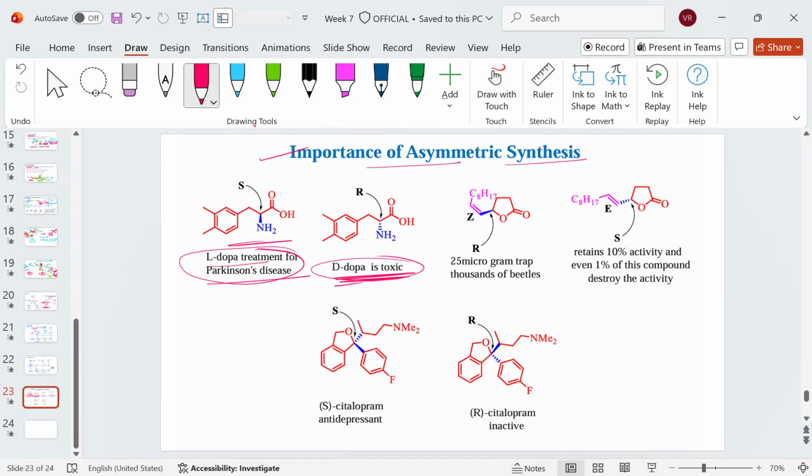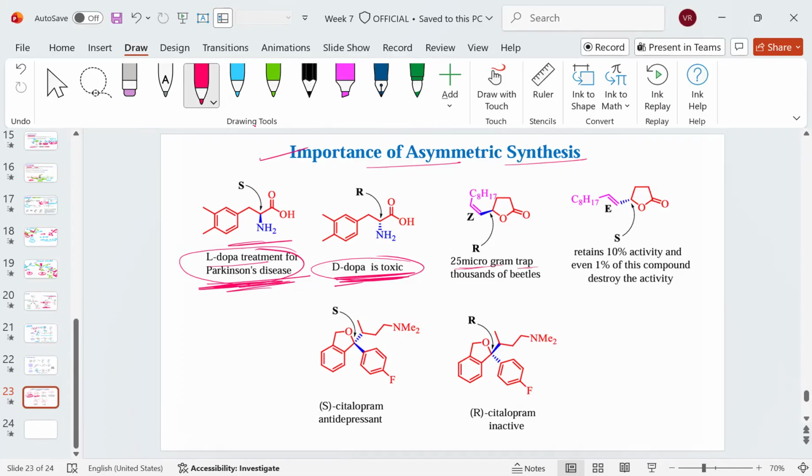And when we are doing lab scale synthesis, we have to worry about which stereoisomer we are getting, whether our reaction is perfect and gives a very specific product, or whether we are getting side products, other enantiomers, along with our actual enantiomer. So this enantiomer is active, but the other enantiomer is toxic to our body. Further, if you look at